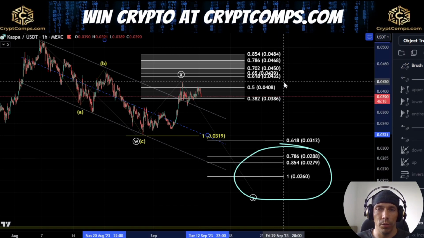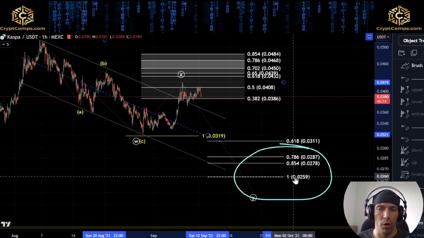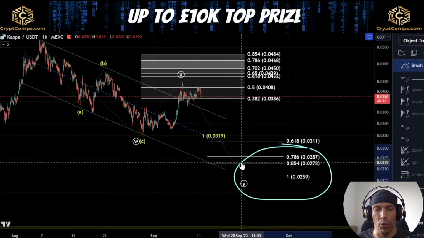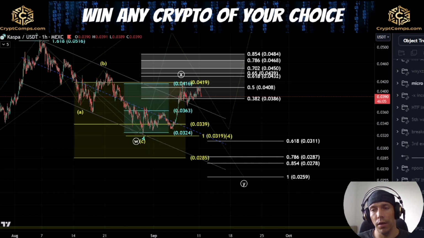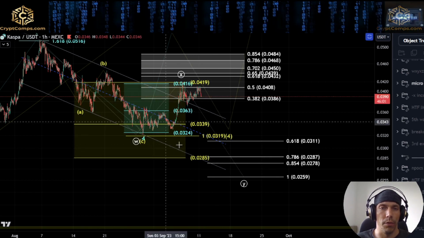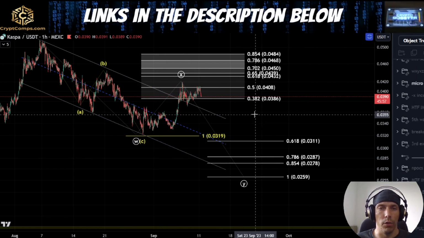This needs to change as well. Minimum requirement would be here towards us 0.311. 1-to-1 would be here at this 0.259 area. And then we'd be looking for potential once again to see a bounce. As you can see here, this would look to potentially put us into this lower zone here of the 0.285. So going to be watching this if we do see price looking to move down into those lower zones.